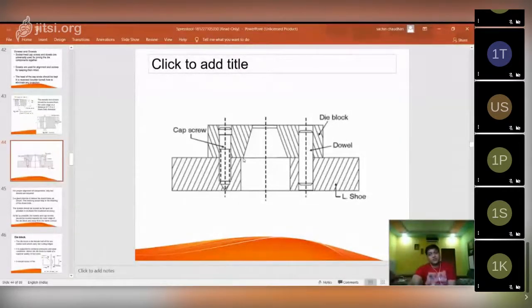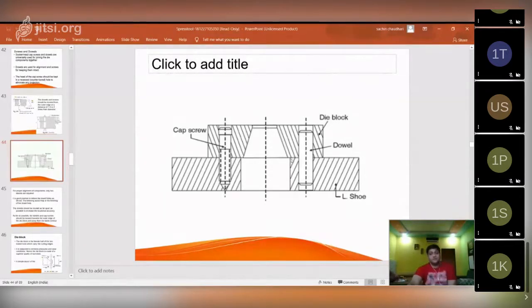as well as the dropout area and this draft angle. So from this starting die opening to this draft ending angle, it should be as far as possible. It also depends upon the length of the die block. But they should be located as far as possible from the die opening and this die relief